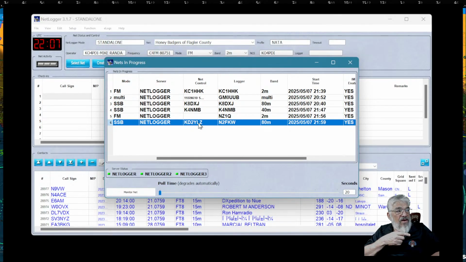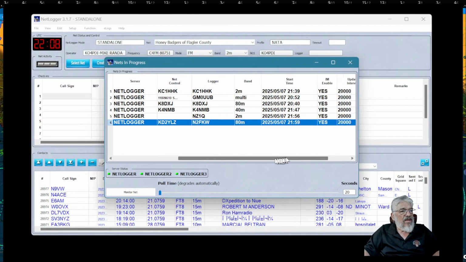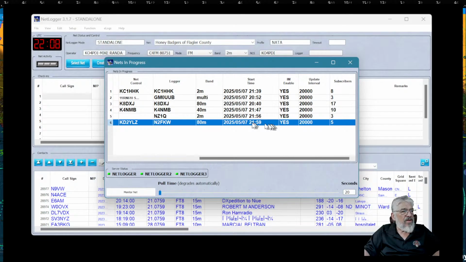It would have Ron's call sign, N0 K0NRA, and then my call sign as the logger, KO4PDI, over here. I'll show you how to do that later. It tells them what band it's on, and what the date and time is. Instant message enabled, yes. That means you can get in there and talk to the people on the net with text.